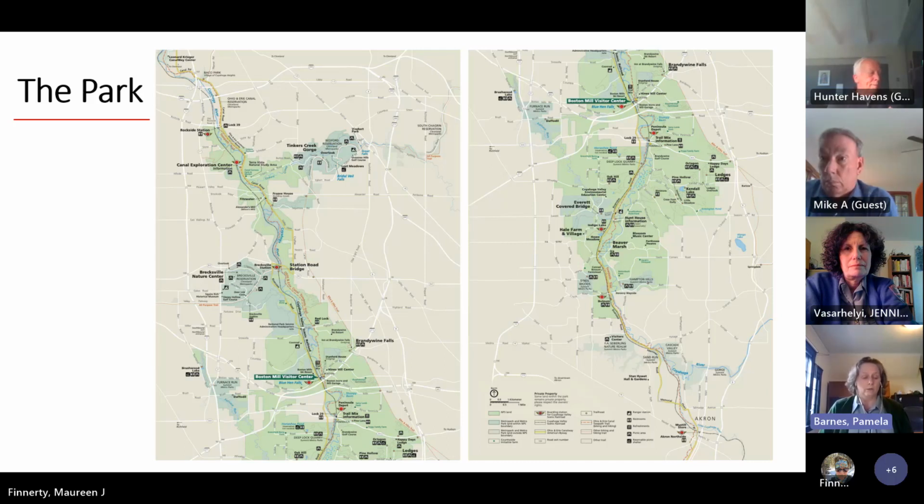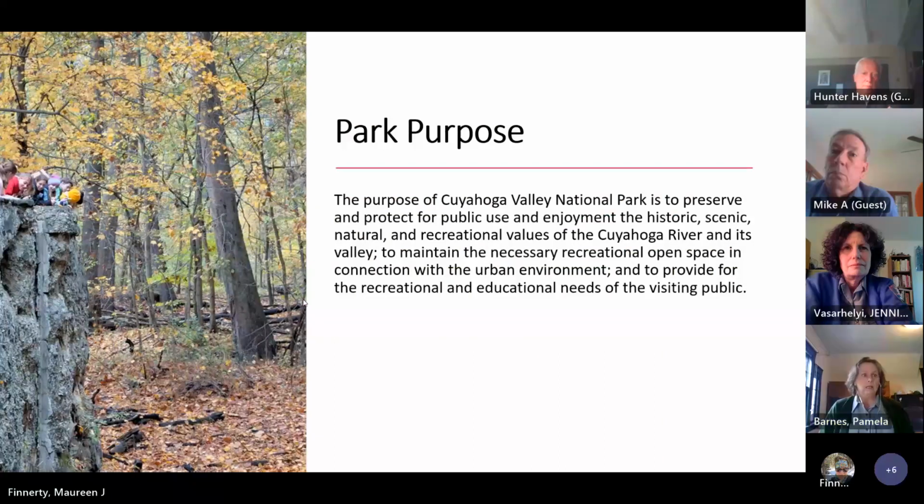So we just want to echo that we really appreciate that you're here today. So when our park was established, it outlined a purpose for us. On the next slide, please, it outlines what our purpose is. And this is in our enabling legislation. So we are supposed to preserve and protect for the public